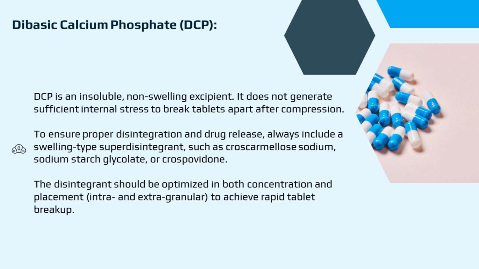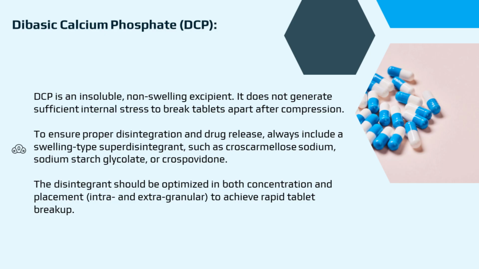The concentration and placement of the disintegrant, both intra- and extragranular, should be carefully optimized to achieve rapid and complete tablet disintegration. In short, while DCP provides excellent strength and flow, its lack of swelling makes pairing with an efficient disintegrant essential